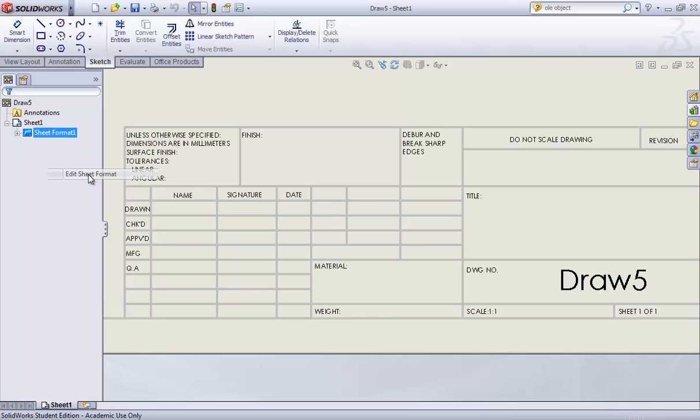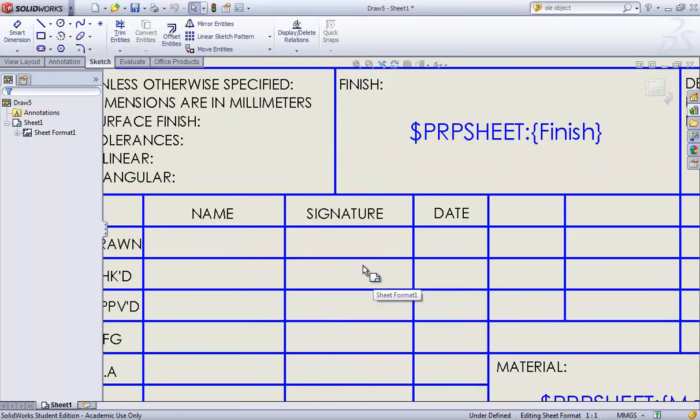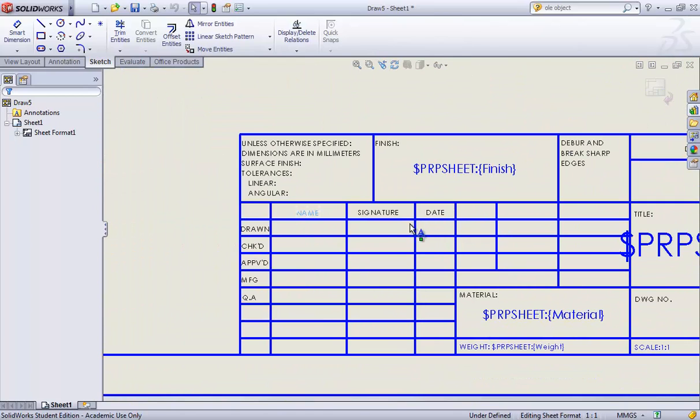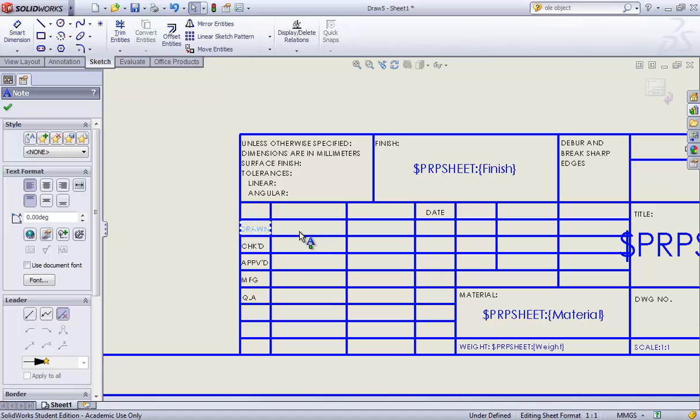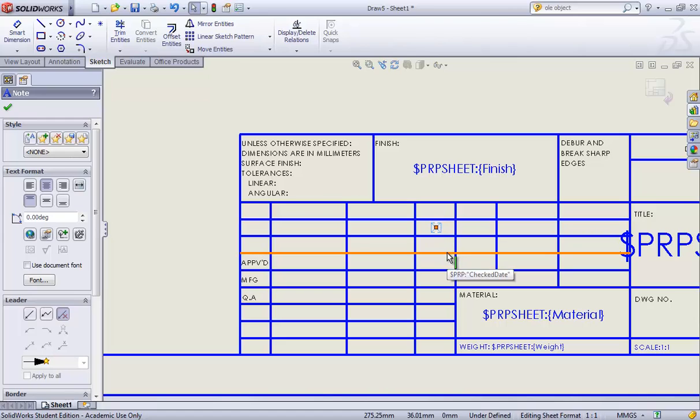So I'm gonna go edit sheet format, and everything turns blue now, and now I'm in the edit mode. So I can delete the entities which are not needed. For instance, I don't think I want to see any of these, etc, etc. So I can change this. I can delete the lines, or I can